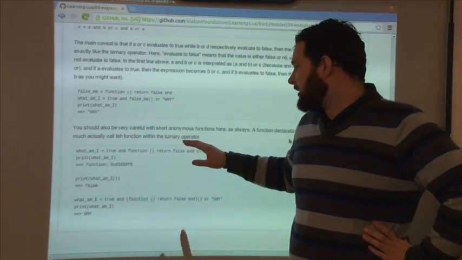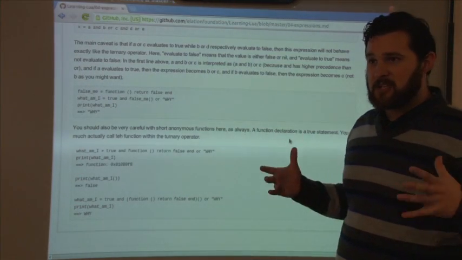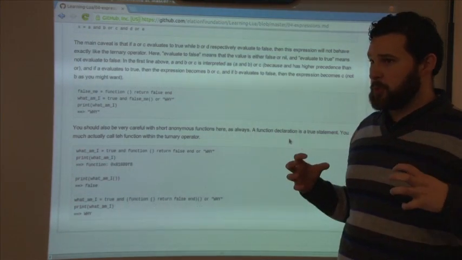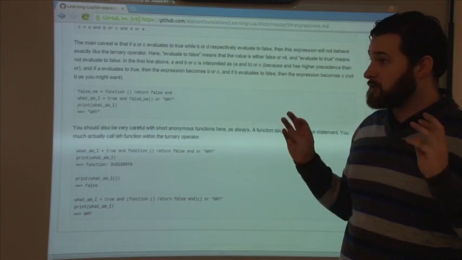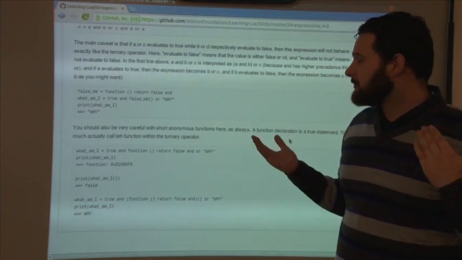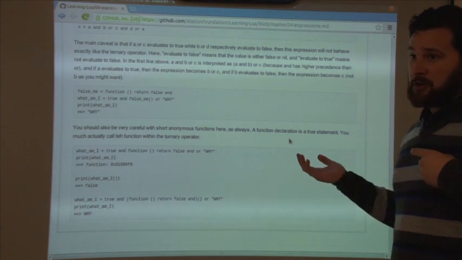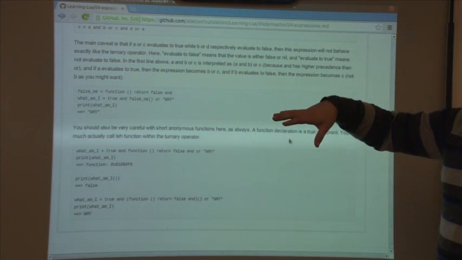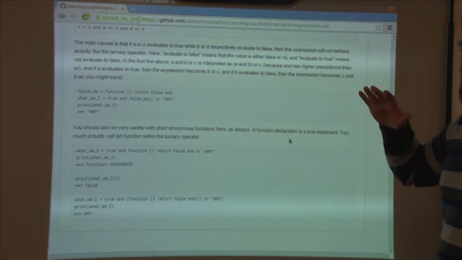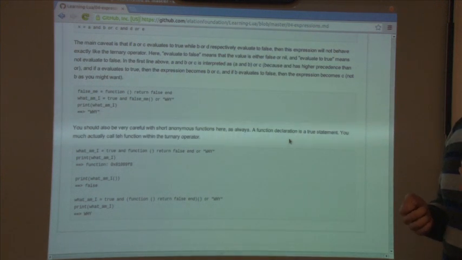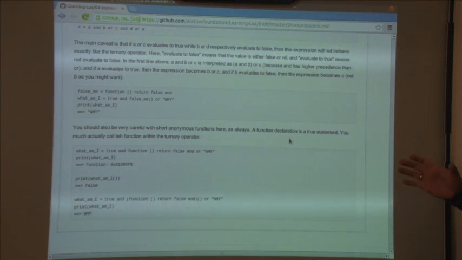So again, I call them lambda functions, just anonymous functions in general, as objects are true. No matter what it's going to return eventually or do, it is a thing. It's true, it counts as true. Be wary of that if you have something like an error checker that you throw into a ternary operator, or in any operator that you call the functions. Same with tables. Properly encapsulating anonymous functions, if you're going to use them in your code, is really important